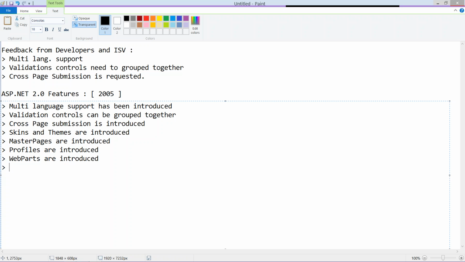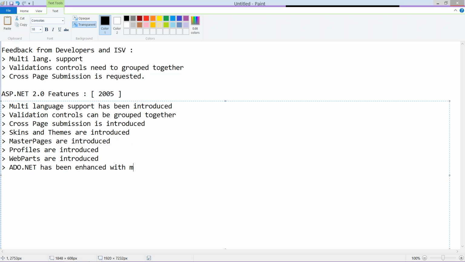So in SharePoint 2003 and 2007, even in SharePoint 2010, web parts was the killer concept. So if you know that, you can easily survive there. But that's a feature of ASP.NET only. Okay, so we got features like web parts introduced, and ADO.NET has been enhanced